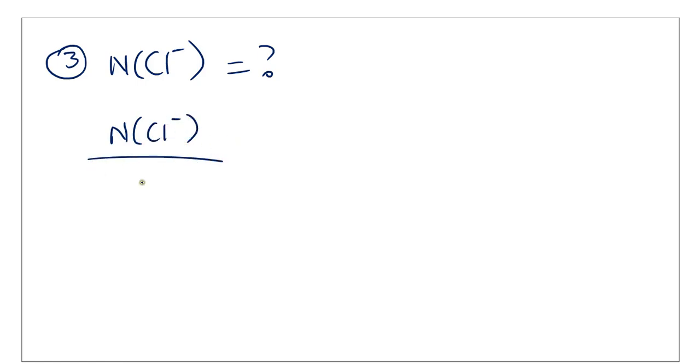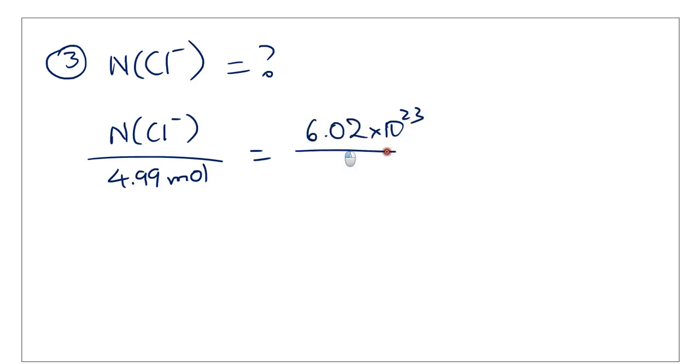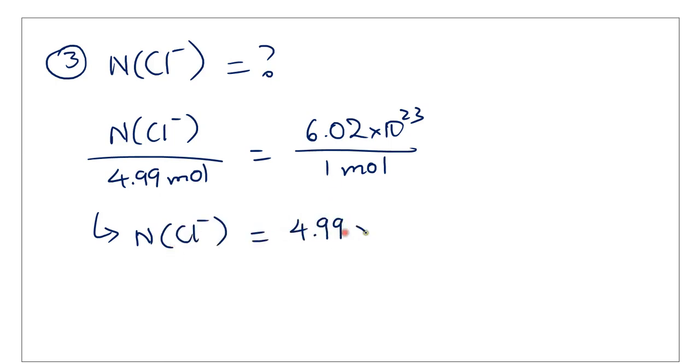So number of chloride ions over 4.99 mole, which is the number of mole of chloride ion, is going to equal 6.02 times 10 to the 23 ions per 1 mole. So that's the conversion here, which means that the number of chloride ions is going to be 4.99 times 6.02 times 10 to the 23, which is